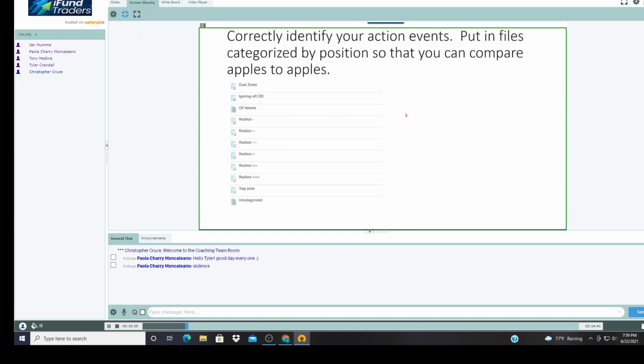And I say this because I want you to be able to ask yourself a question and go into a folder like this and go, all right, here's position minus. And I've filled it with, let's say, 50 trades taken from that position. I can just open this folder and start scrolling through, and I can write down a question like, how many times does the 200 hold for a whale complete? And you just go down chart by chart by chart